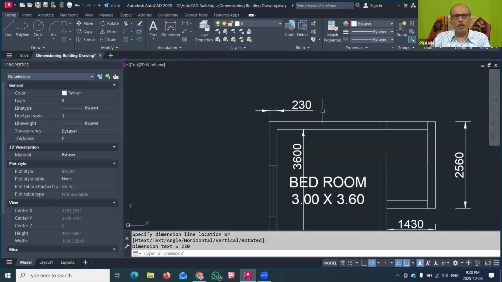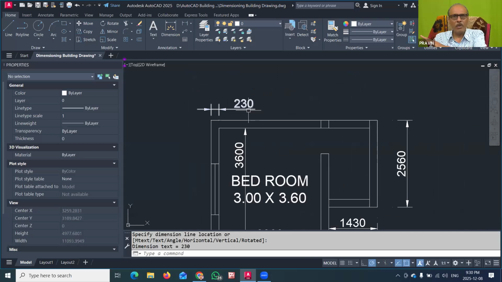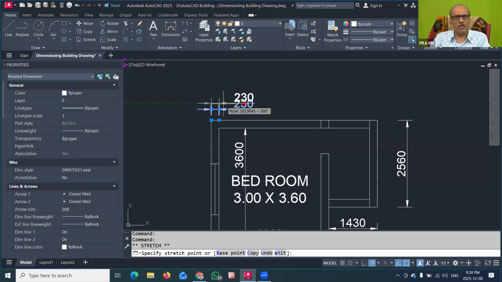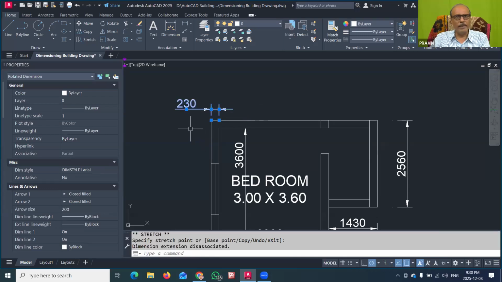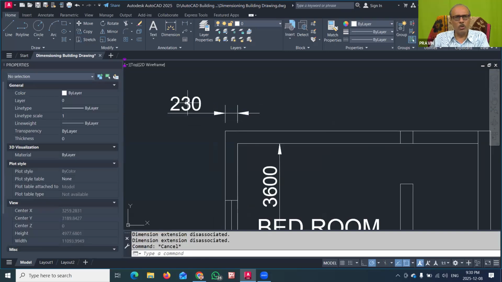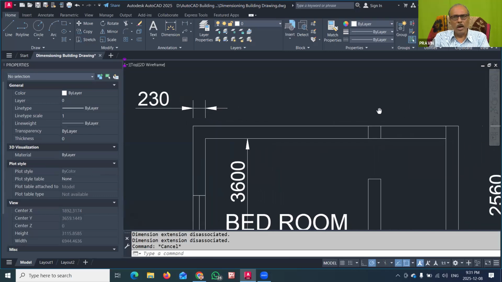Now this 230 I have shown, but it is going to the right side, and I don't want it here because I want to show another dimension here. So you can click on this 230 and move this text to the other side. You also have to practice adjusting the proper position of the text shown in the dimension. So I have now adjusted. With this 230 dimension, I have shown the first dimension by using the linear dimension command. Now I can show the remaining dimensions in continuation with this line, and for that we use the dimension command options automatically.